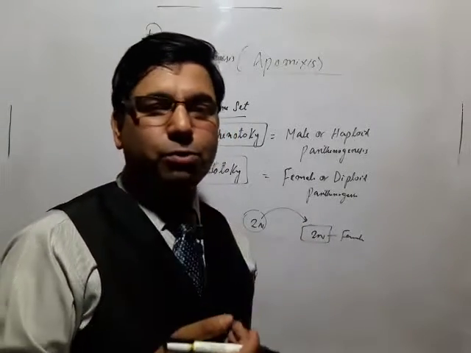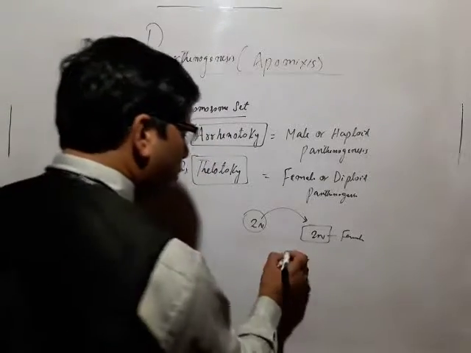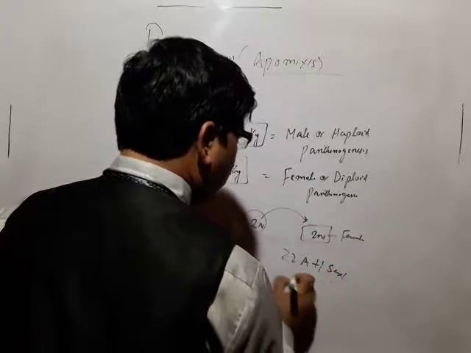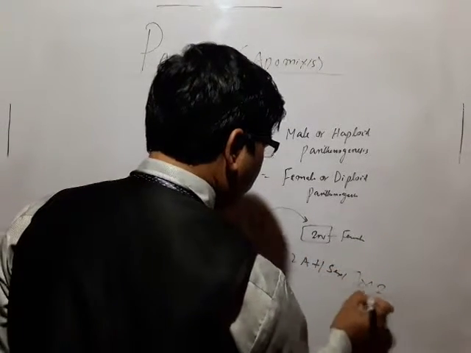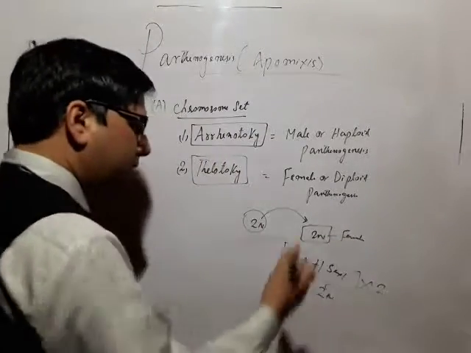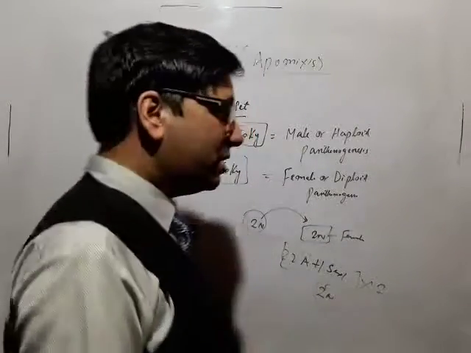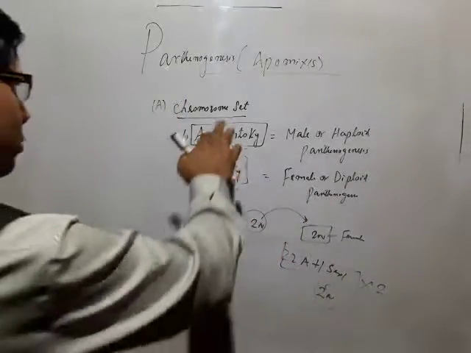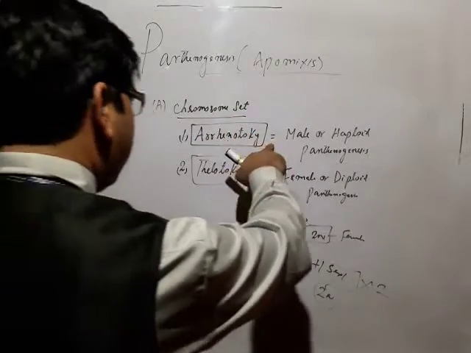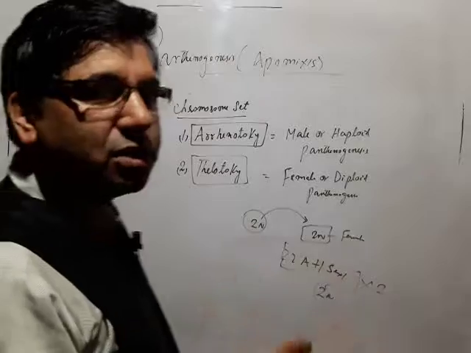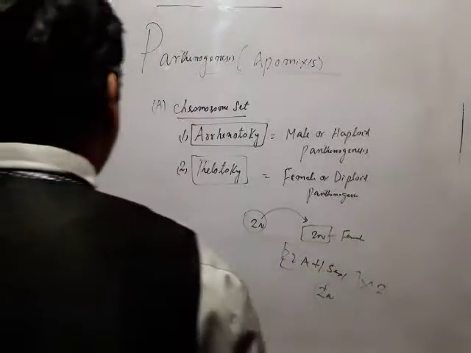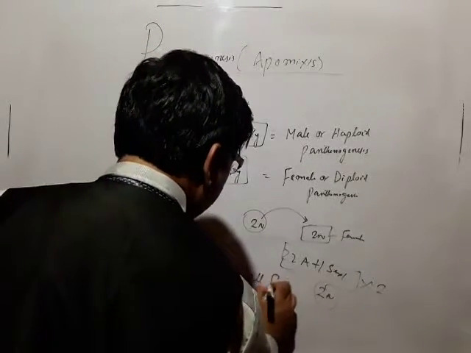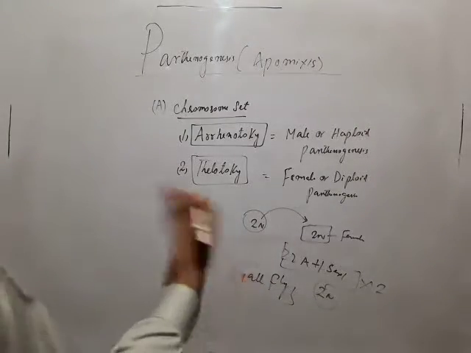These 2n diploid cells have a double set of chromosomes, that is 46, 22 autosomes plus a sex chromosome, and these individuals are generally female, so that's why it's called diploid or female parthenogenesis. So this was one basis: on the basis of chromosome set we have two types, one set of chromosomes and two sets of chromosomes in the future adult. This occurs in gallflies, for example.